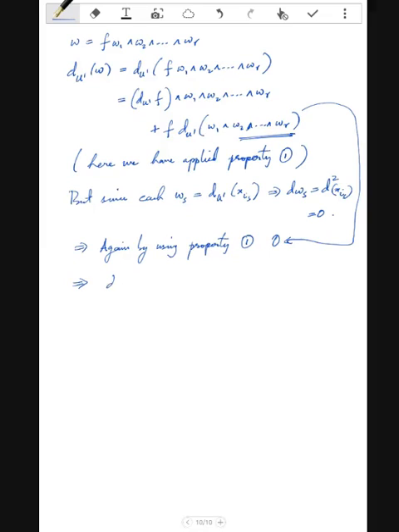So this implies du prime of omega is equal to du prime of f wedge omega 1 wedge omega 2